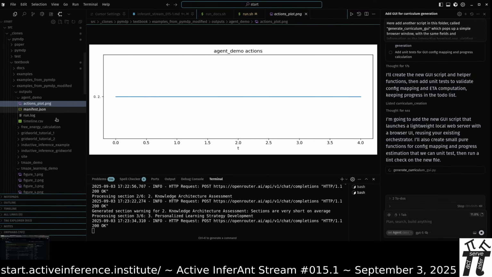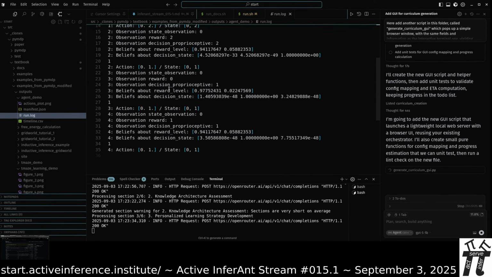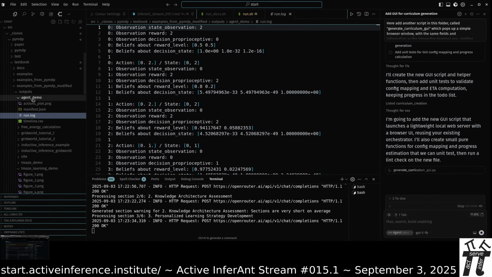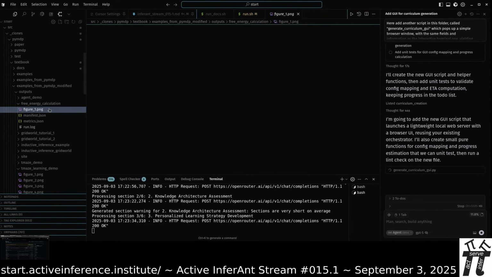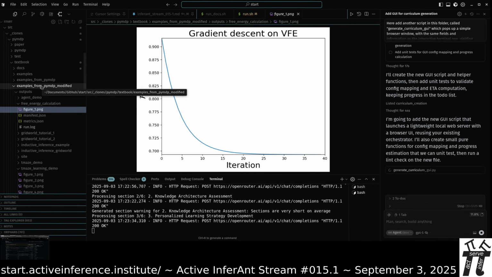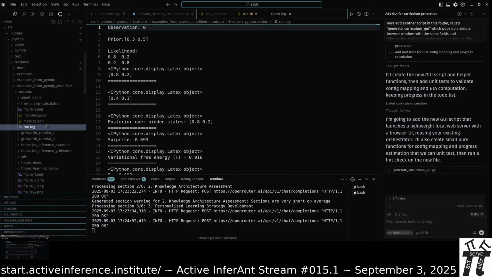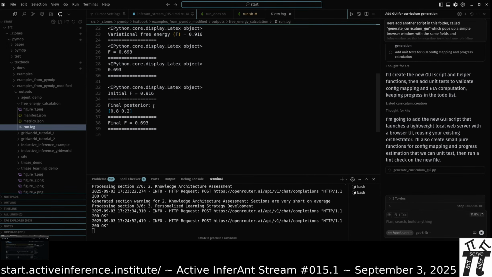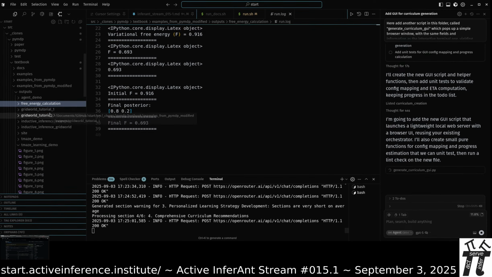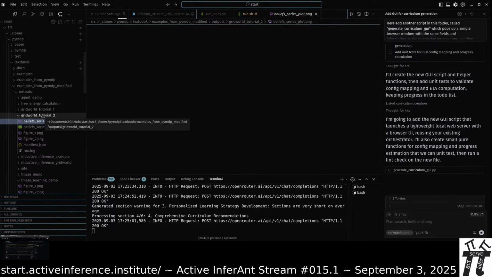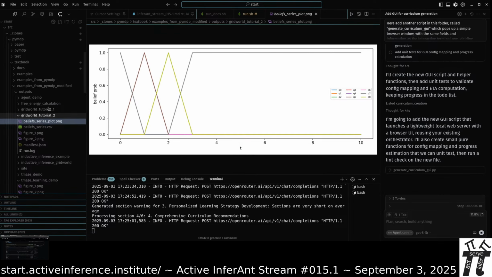So if you want to, the output of all of the scripts are run there. So purely just for getting a better handle on the PyMDP examples and to understand what they look like, that examples from PyMDP modified is pretty cool, pretty useful, very open to further developments that people can do in, of course, the PyMDP examples in the underlying repo or their own forks, or improving and making